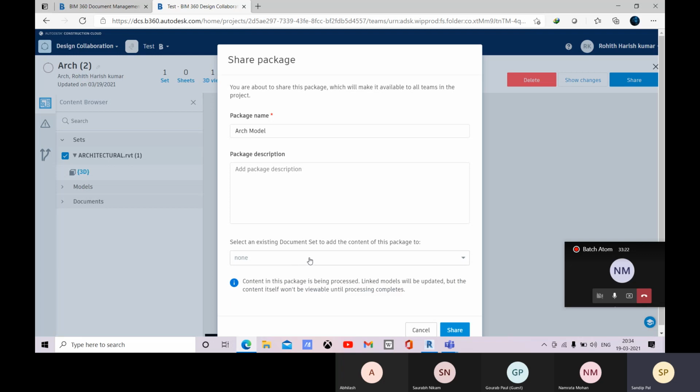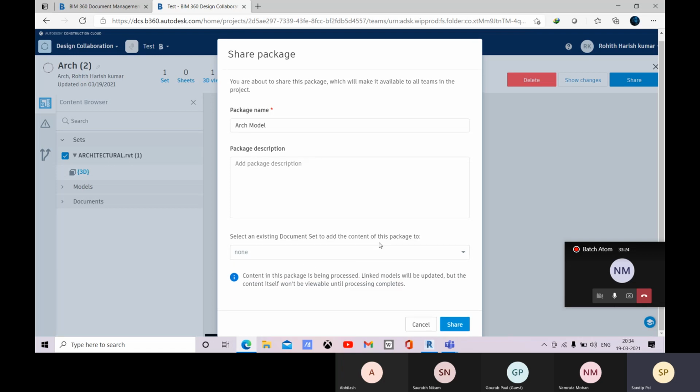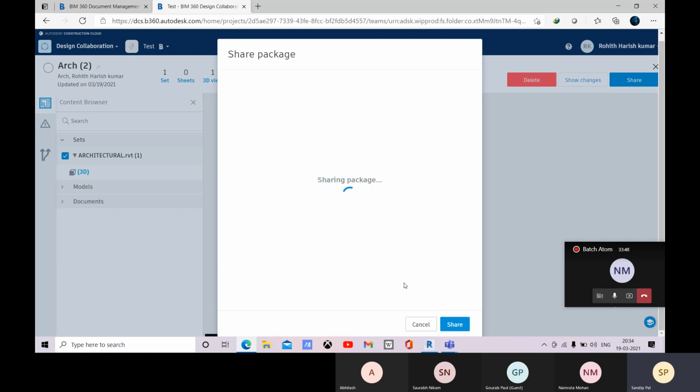So you can add some other options like existing documents within this package. Within this we only have this 3D view, so just go for this. I'm not adding any description right now, or if you want to add, like let me go for batch atom, and you share it.